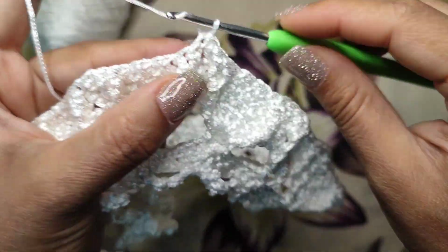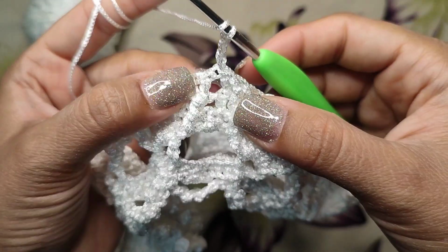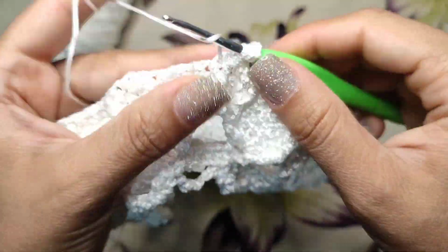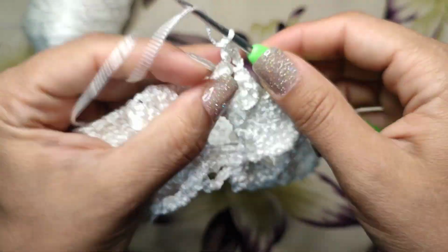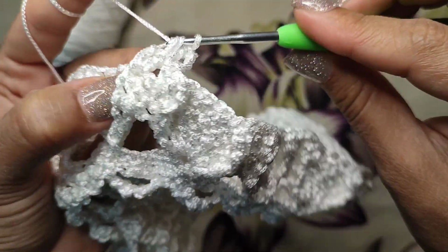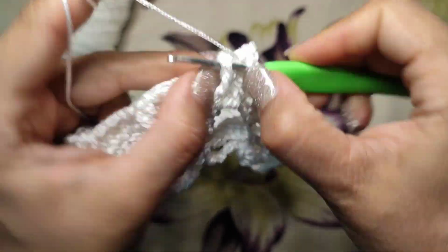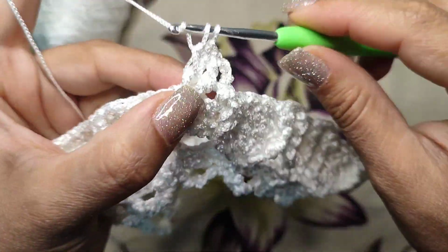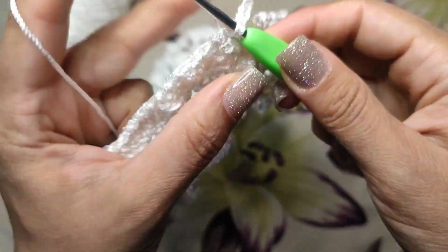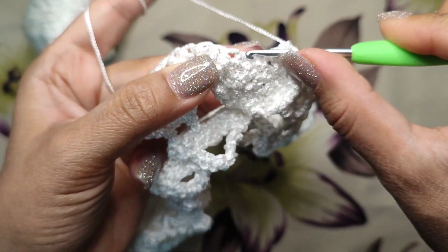Round 14. 3 chain, count as first double crochet, a front post double crochet around the first front post double crochet, 2 front post double crochet around the next front post double crochet, 1 and 2, a single crochet into 1 chain space, chain 1, a single crochet into next,